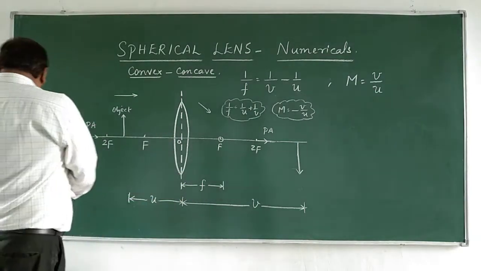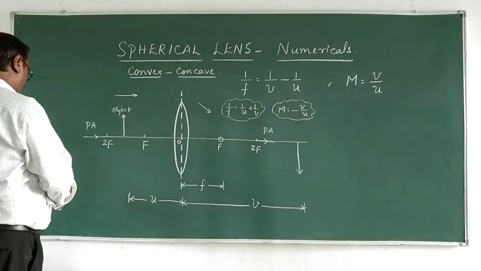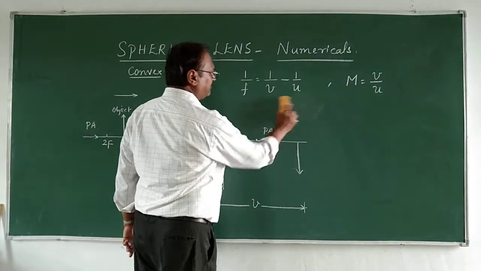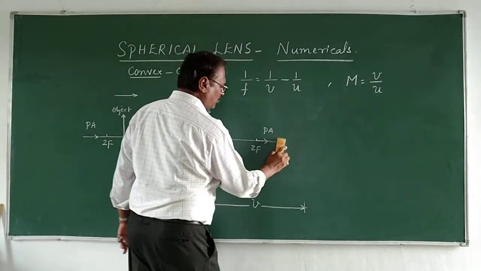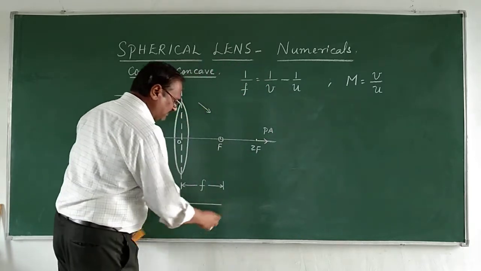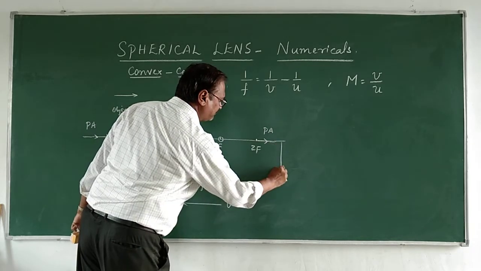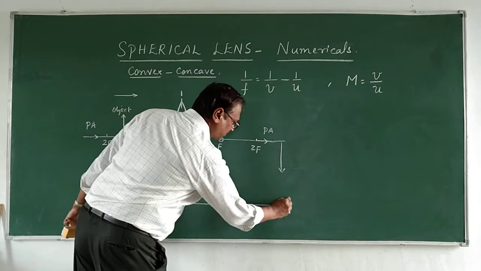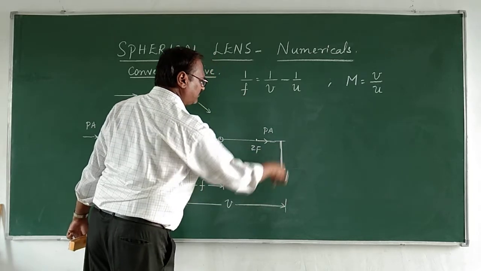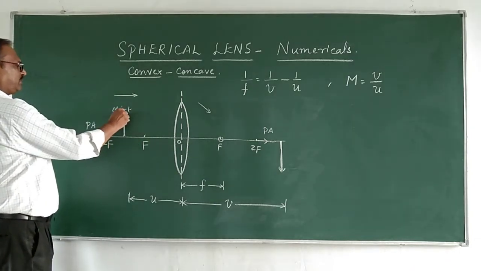Now I am going to solve two numericals based on this formula. Let me erase the mirror because we are talking more about the object. We don't know where it is, so let me just shorten it for simplicity. I need space actually. Fine. So let me keep it here like this. It will be perpendicular. Right. I am going to do the first numerical.